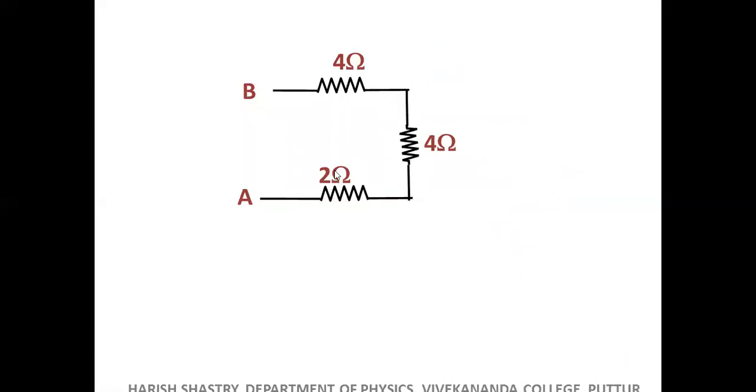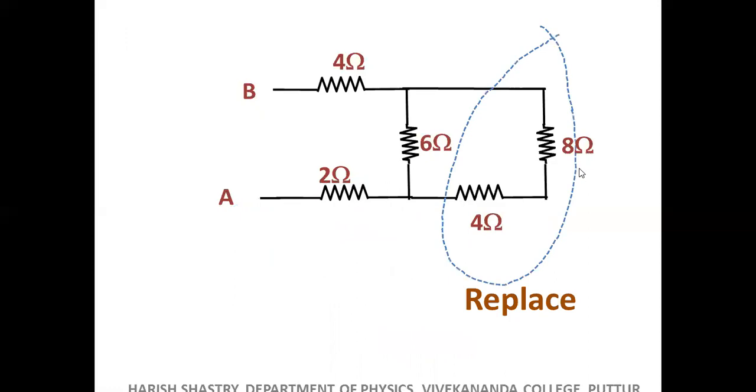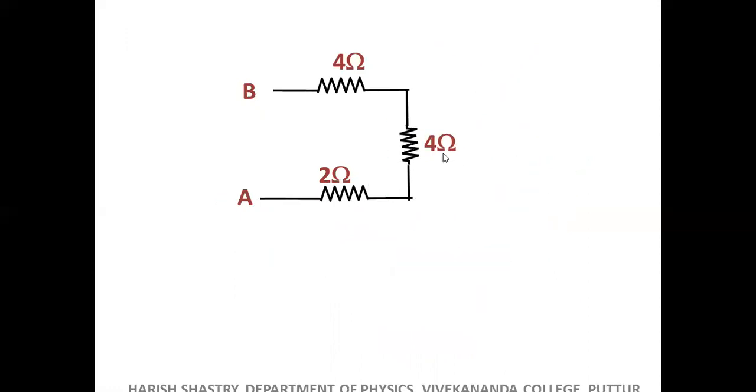Now, any fool can finish this. Finish it yourself. What is the answer? Guess the answer. It's a series. It is 10 ohm, right? Okay, got it now? The only thing is, which part of the circuit has to be replaced first? That's all you have to know. So A and B shouldn't be disturbed. You shouldn't replace these three in series. That's not possible. These two in series, no problem, because you are connecting across this point only. So this parallel, no problem. So 8 parallel 8, 4, 4 parallel 4, 2, and 8 plus 4, 12, 12 parallel 6, 4, 4 plus 4 plus 2, 10.